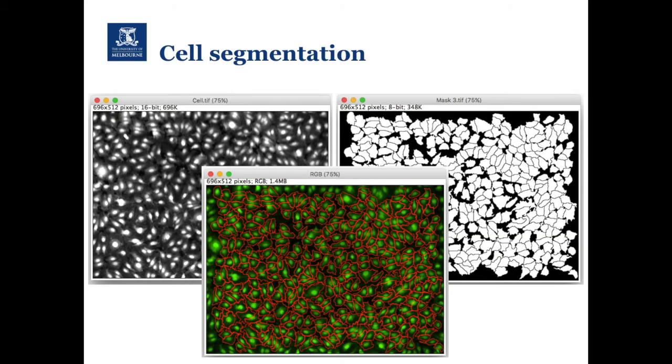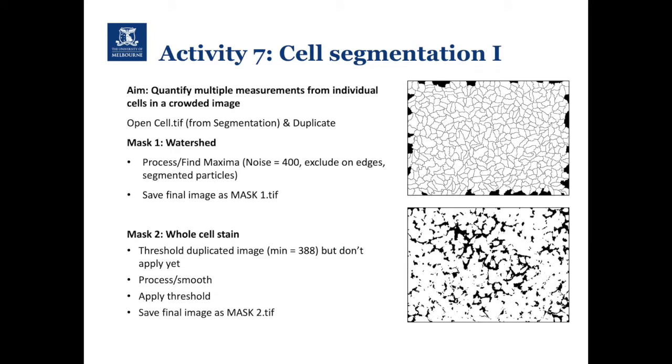In cell segmentation, we're going to use the intensity of an image to segment out cells. We'll then use FIJI to quantify different aspects of each of the individual cells and the cells as a whole in the image. Activity 7 is the first step in cell segmentation, where we create two masks to use later